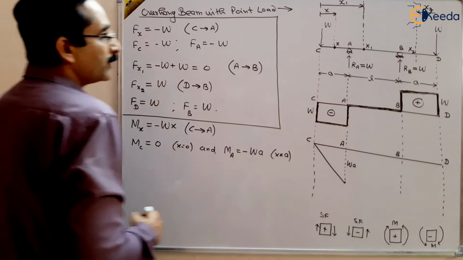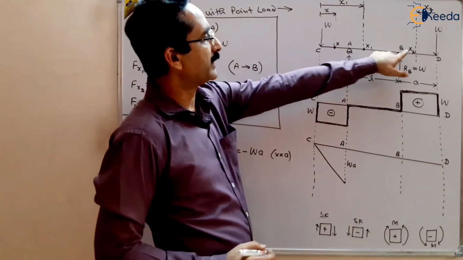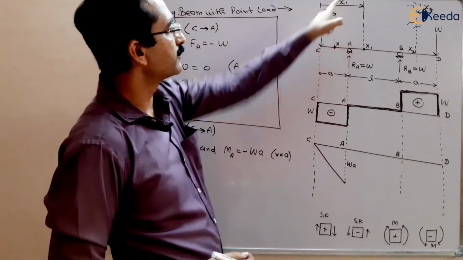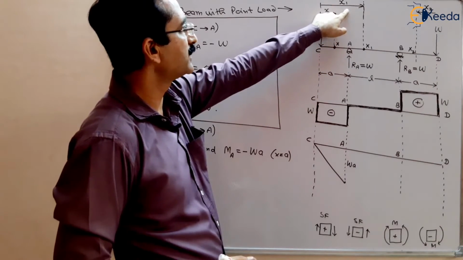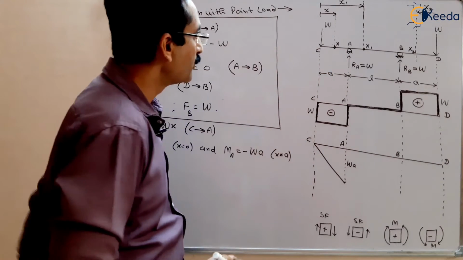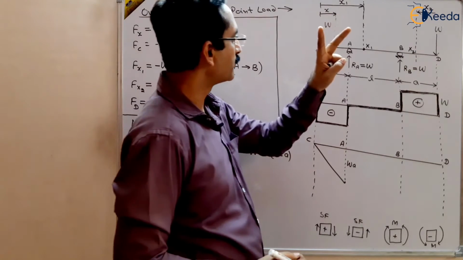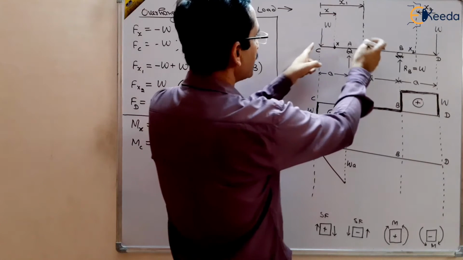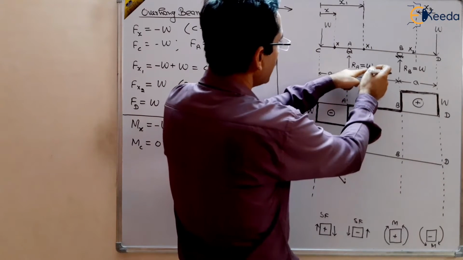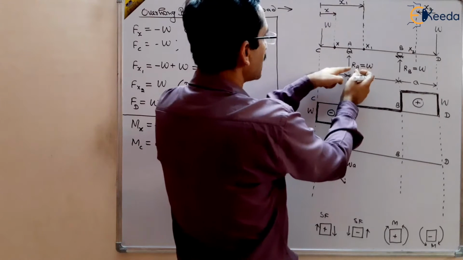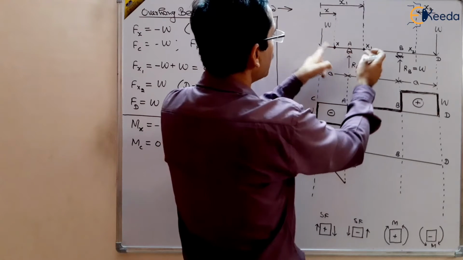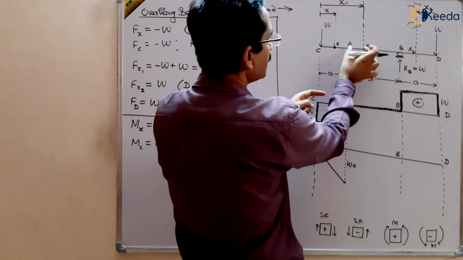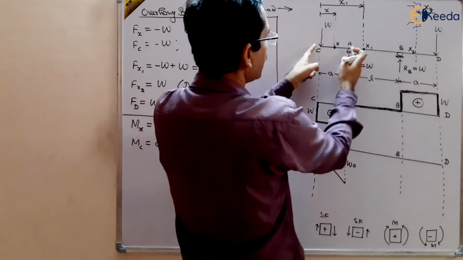Now finding the bending moment for A to B, between A to B, we have taken the section x1 at a distance small x1 from the free end, right? So take the moment, and there are two forces now. One is W, which is at a distance x1, and another is again W upward. This W is downward, this reaction RA is upward, and this distance is x1 minus A. This distance AX1, which is x1 minus A.